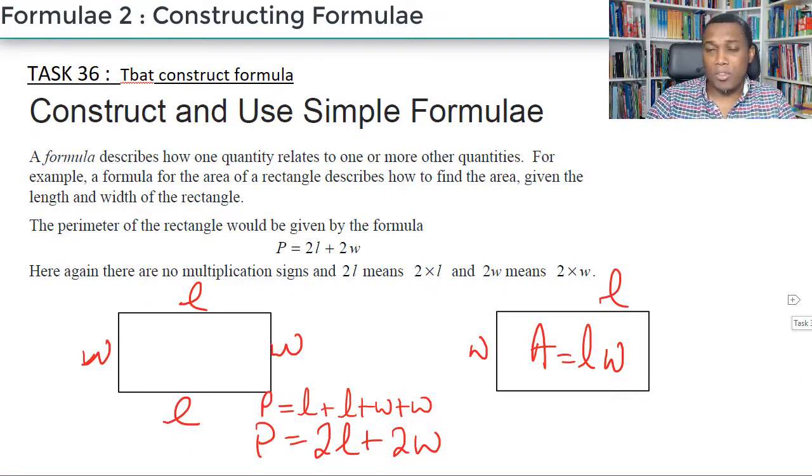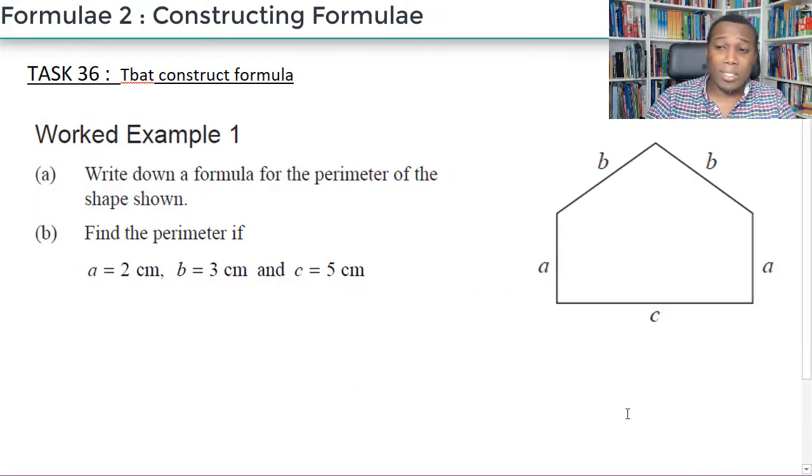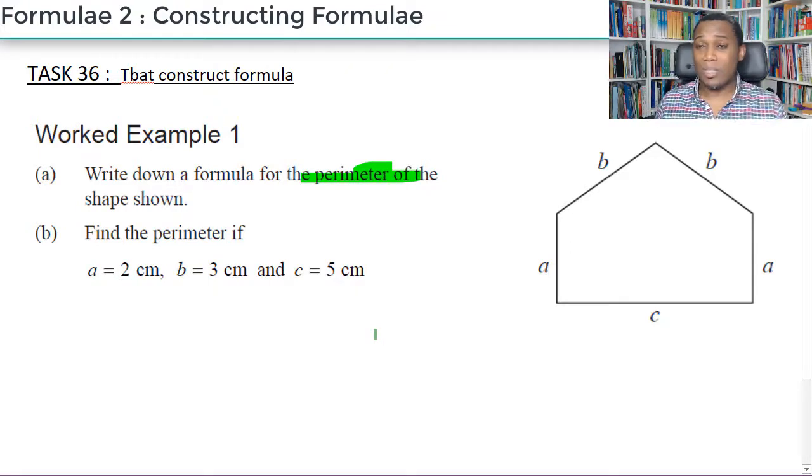Let's build some of these formula for ourselves. We'll build them together, and then you'll have some questions to try. Let's look at this one where it's asking us to find the perimeter of the shape, and to work out a formula for the perimeter, and then to use that formula to find the perimeter. Now, I know you'll probably look at this and want to jump in putting in the numbers to actually get what the perimeter is, but you need to practice building the model. The benefit of building the model, building the formula, is that when the values change, A, B, and C change, it can easily be updated in terms of you getting the answer when you have a method of when you